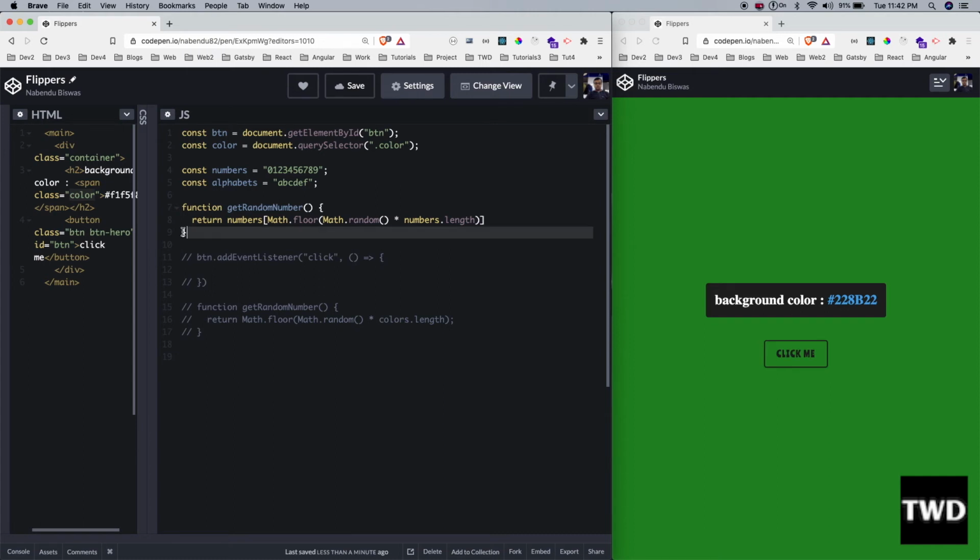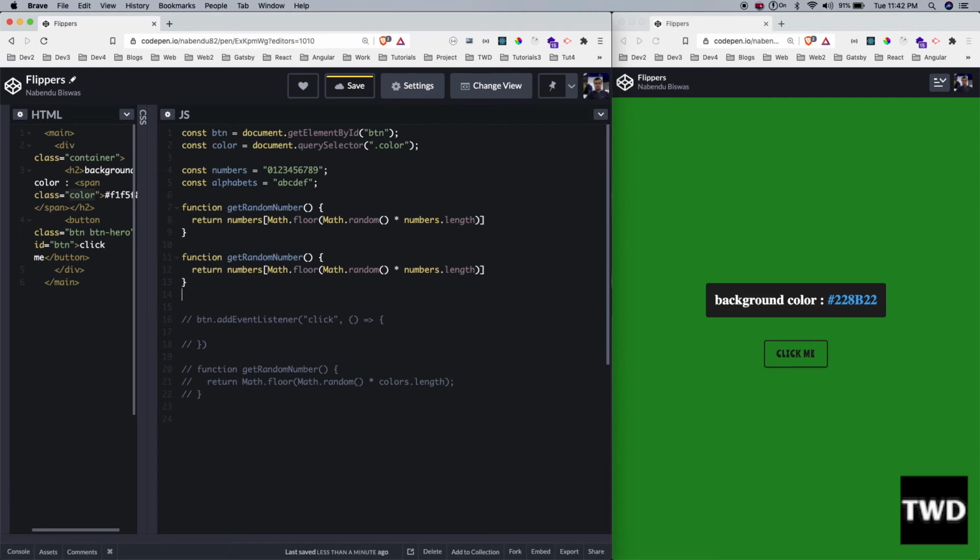So let me copy this again. I have to change something: getRandomNumber will become getRandomAlphabet, and instead of numbers I should quickly change it to alphabet, or I will forget it. Now let me quickly check whether these are working or not.